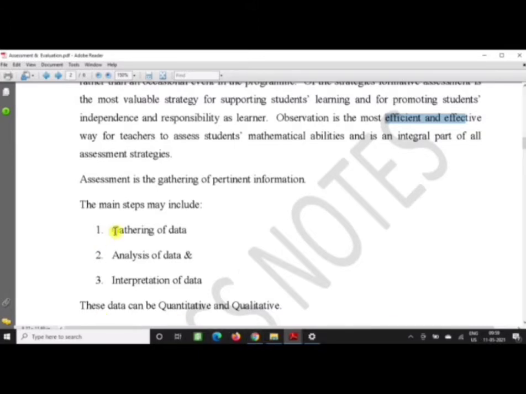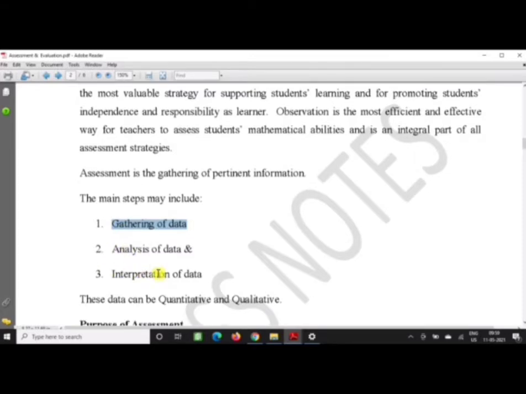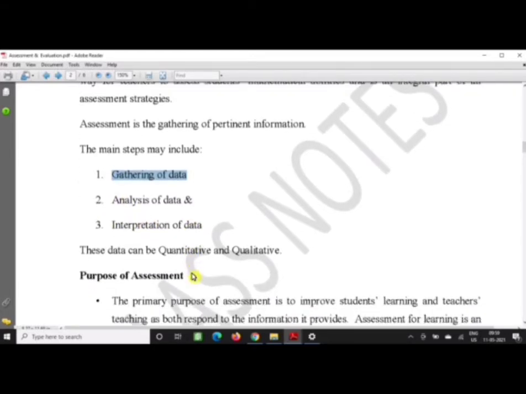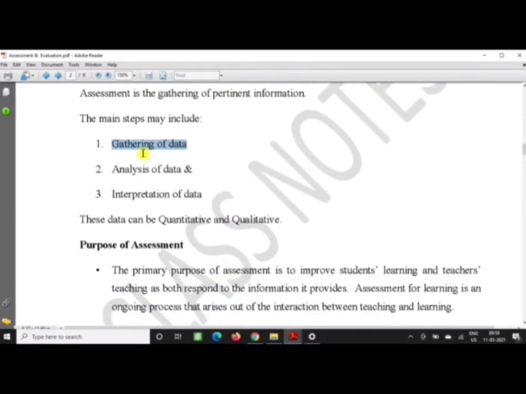These are the main steps which help in the process of assessment. Number one is gathering of data, number two is analysis of data, and number three is interpretation of data. Gathering of data is purely through observation that I have just said, which is one of the most effective and efficient ways to look into a child's behavior.